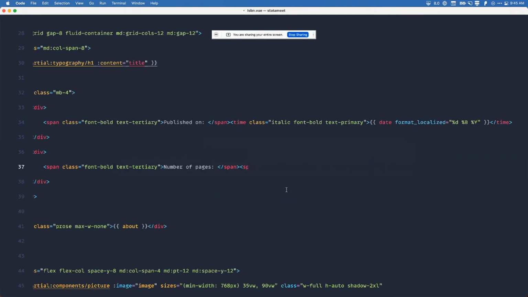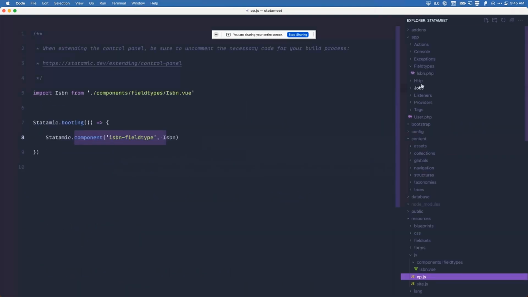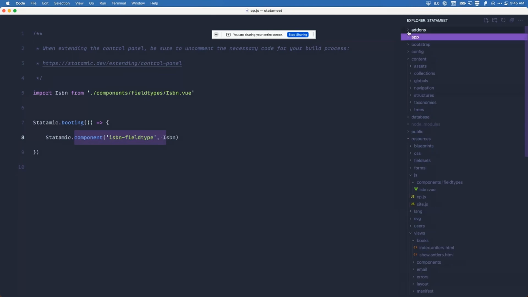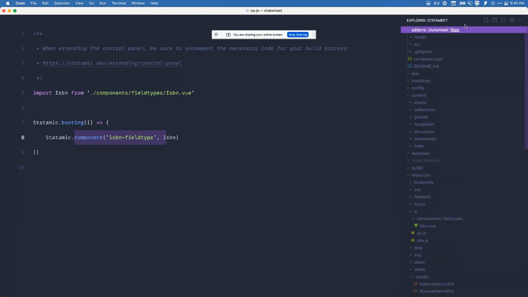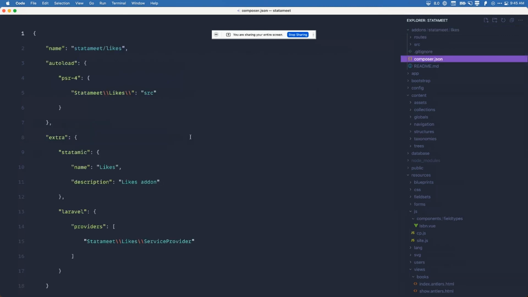I don't need this file anymore. Okay, so what it has done is it has created an add-ons folder and added the likes part. It has made a composer.json, a standard package composer.json. This is how an add-on is a package. So it creates this, nothing special in it. It has also added